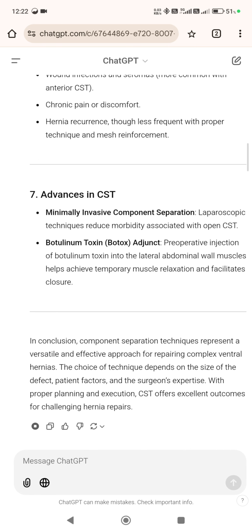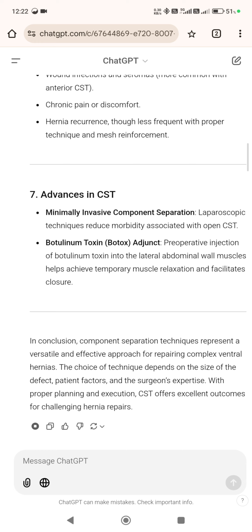7. Advances in CST, minimally invasive component separation. Laparoscopic techniques reduce morbidity associated with open CST. Botulinum toxin, Botox adjunct. Preoperative injection of botulinum toxin into the lateral abdominal wall muscles helps achieve temporary muscle relaxation